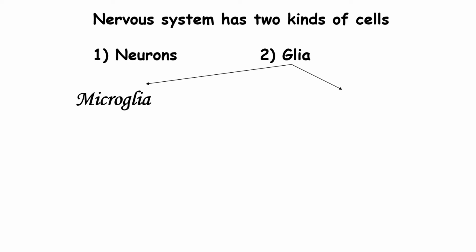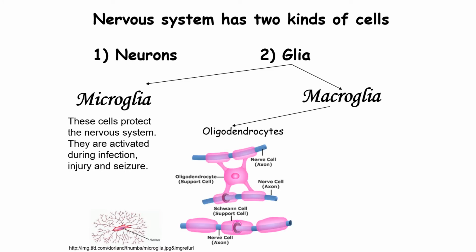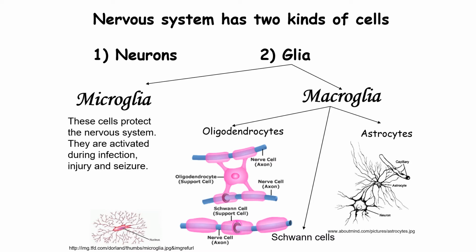So what are these glial cells? Glial cells are of three types. You have microglia, and you have macroglia, which are further divided into oligodendrocytes, which also form Schwann cells, and astrocytes. Now, what are glia? The name came about because scientists initially thought they were glue-like cells holding the neurons in place, but that is not true at all anymore. They are quite active and they communicate with neurons, and they are actively involved in immune responses and so on.